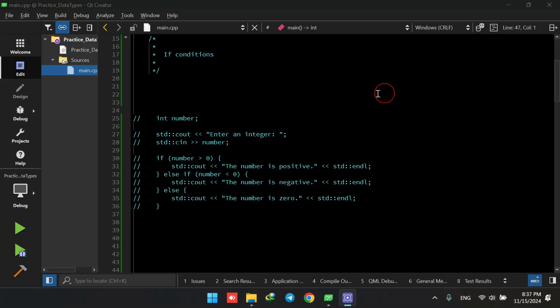Hi again, welcome back. Today we're going to discuss if conditions. In the if conditions, there are certain things that we need to learn, but before that, let's review what we